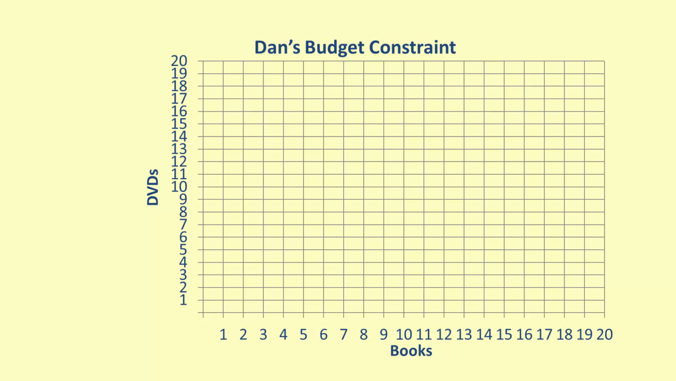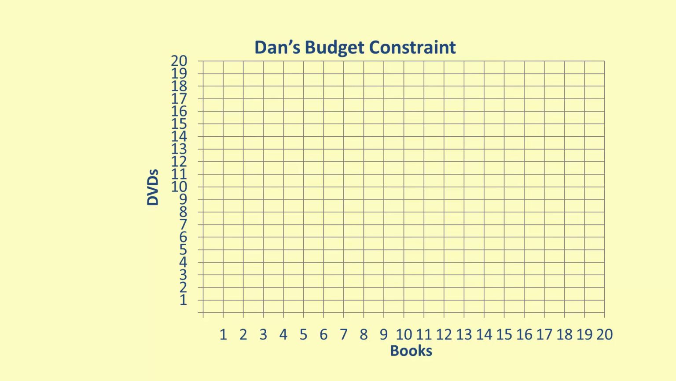Dan likes to read and watch DVDs. He would like to buy as many of each as possible. However, he only has so much income. Most consumers deal with this budget issue and have to determine the possible combinations of goods they can buy to